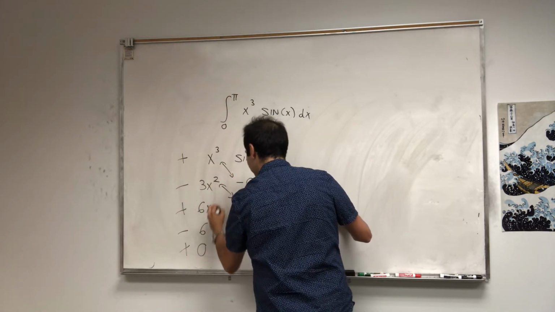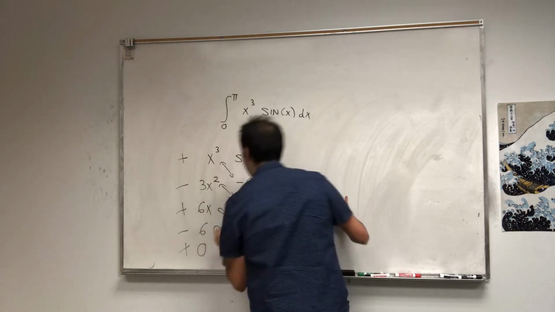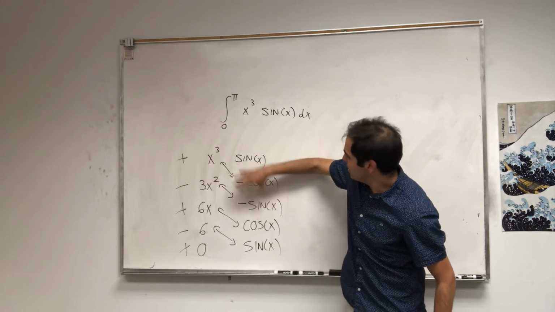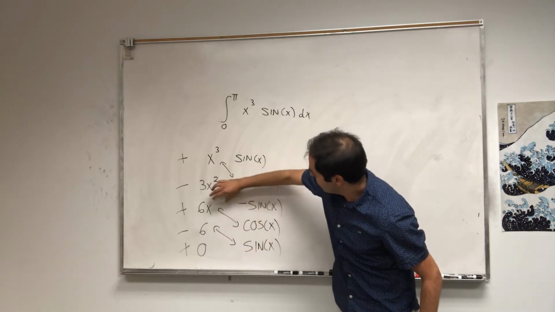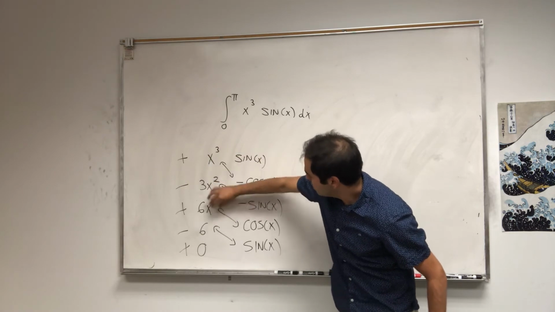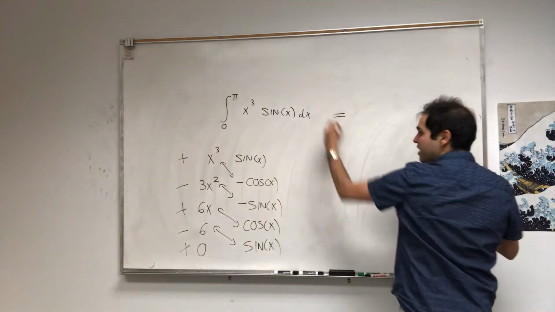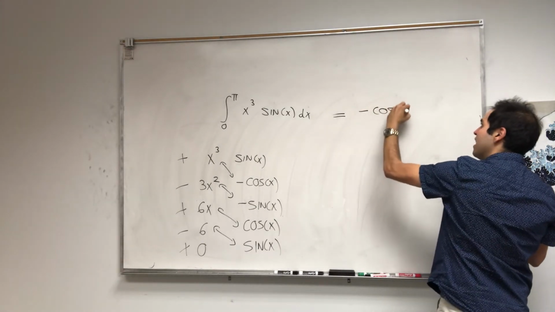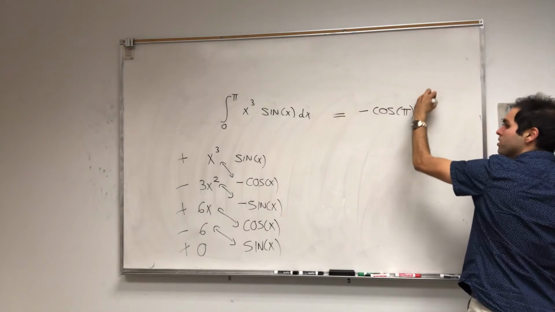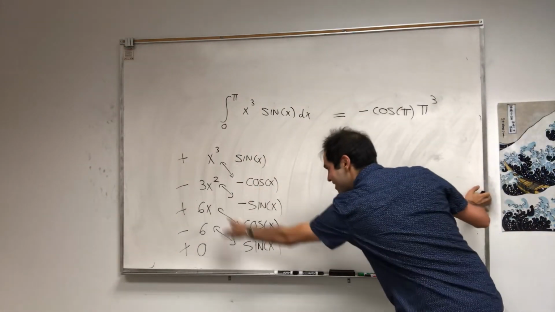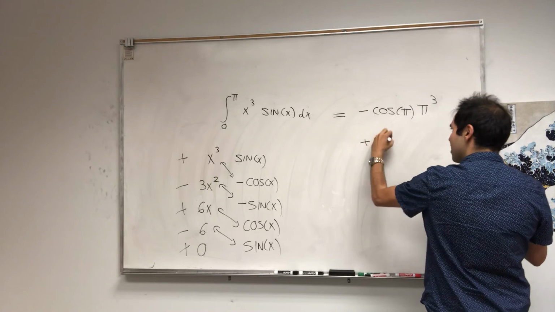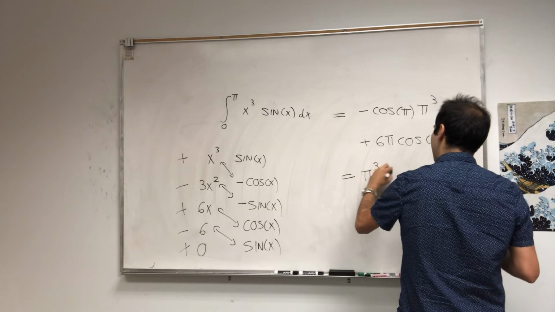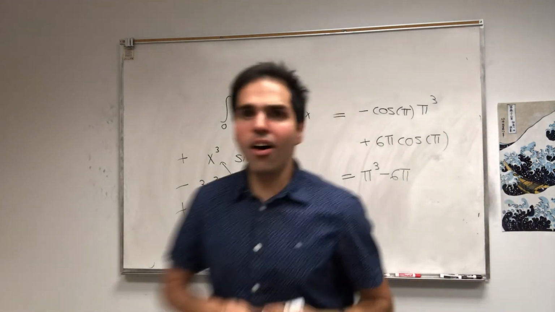Do the cross terms. The cool thing is the sine terms just evaluate to 0, and also here, and then we just have the 0 terms over there. So in the end, you evaluate this from 0 to pi, and you get minus cosine of pi, pi cubed, and then it's plus 6 pi cosine of pi, and what you get is pi cubed minus 6 pi. And almost